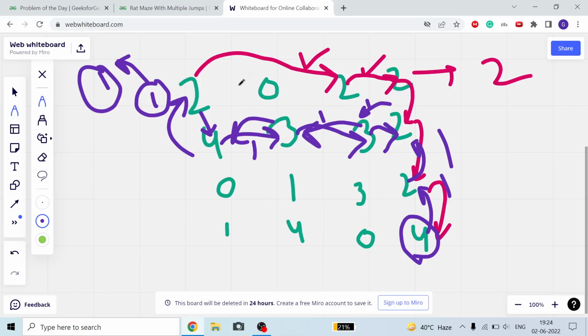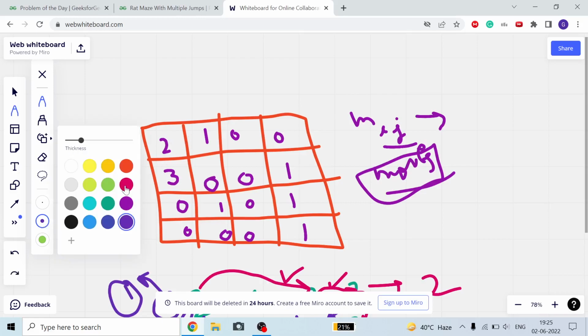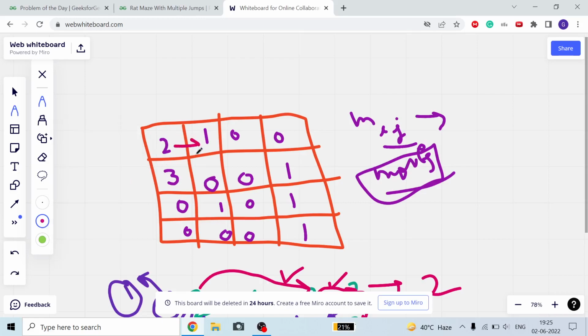Okay guys, so how will we submit it, how will we do it? I have taken an example here. Now from 2 I will take one step, I just changed the color. This is the approach. Now from 3 I will move. Okay, so I have used 3, I have used 2, so I will put -1 here. I will update my matrix. Now from here 1, from here 1, I will update it to -1 and store in a variable steps